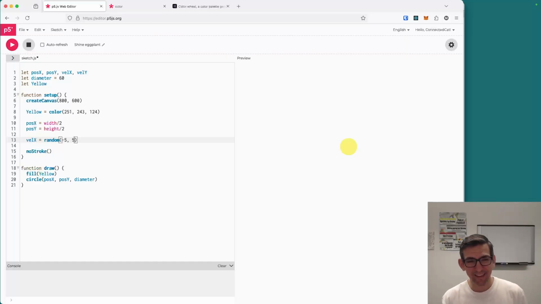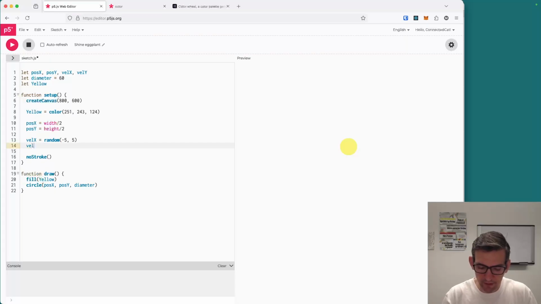So basically, whether velocity is positive or negative gives it the direction, right? So velocity is speed that has a direction. So speed will be 5, but it's going to be either +5 or -5. And depending on whether it's positive or negative, it's going to be a certain direction. And then similarly for the y,